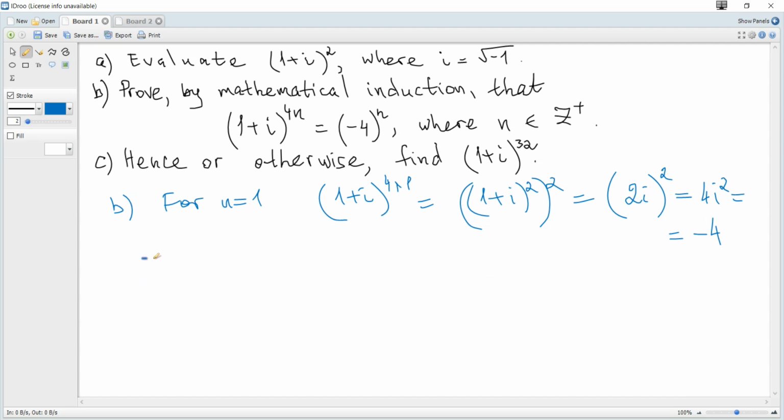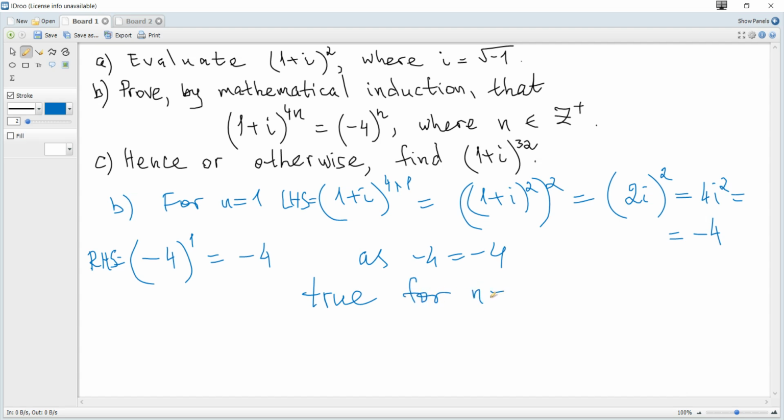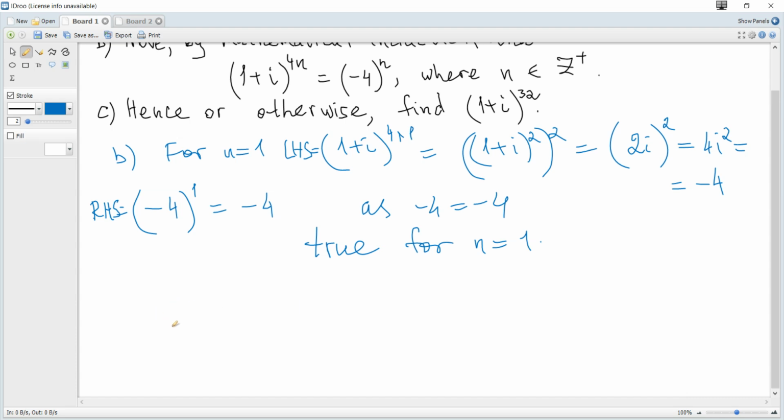We can write the left-hand side and the right-hand side: (-4)^1 is -4, and -4 is -4. True for n = 1. The next step is we write: assume